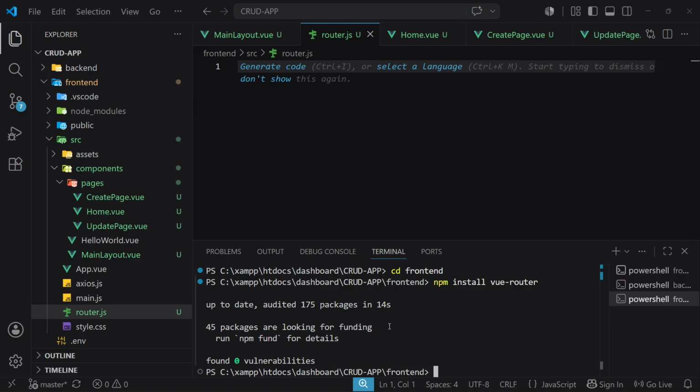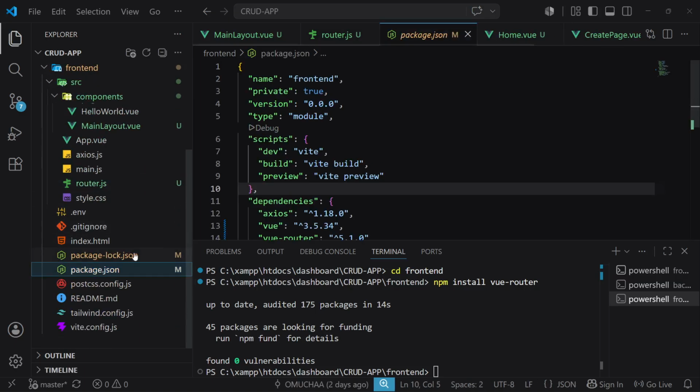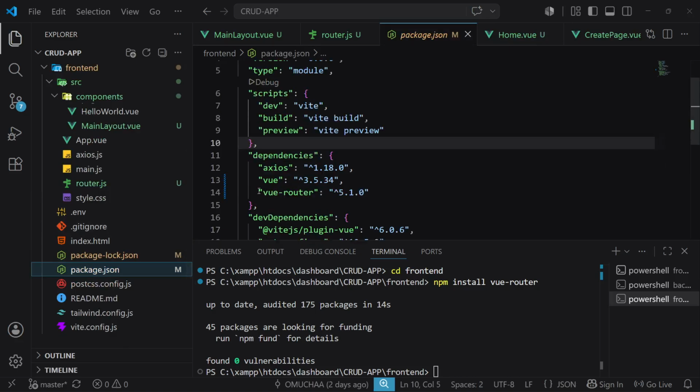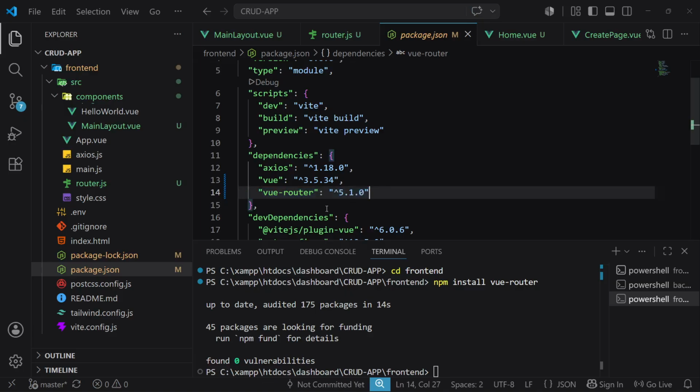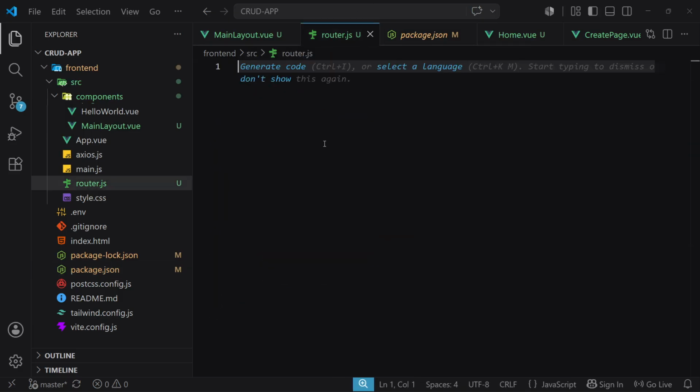It is done, as installed. Let's confirm from the package JSON. Vue Router is right there. That's perfect. Now I can close this terminal, go back to the router, and then we're going to import something